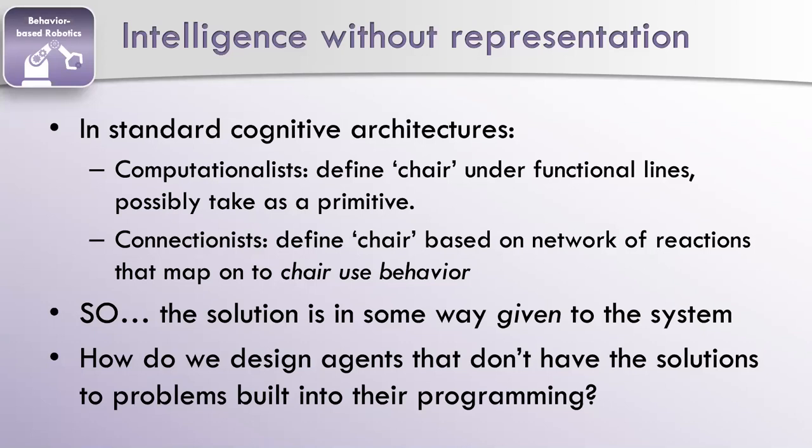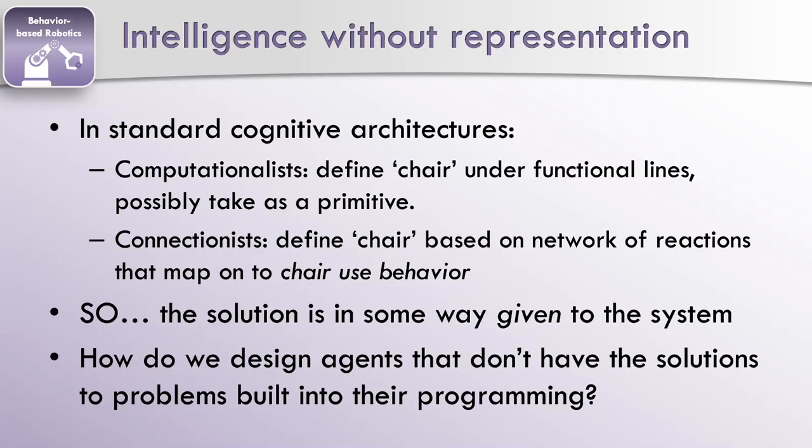Typically, when we think about intelligence or cognition, we think about defining items or understanding what our goals and tasks are, and executing them somehow. That's typically what we do with computers. So in a classical cognitive architecture of computationalism, you might define what a chair is. You might build it into the system. If you think that it's biological, like Jerry Fodor, it might be like an innate concept, which is strange, but